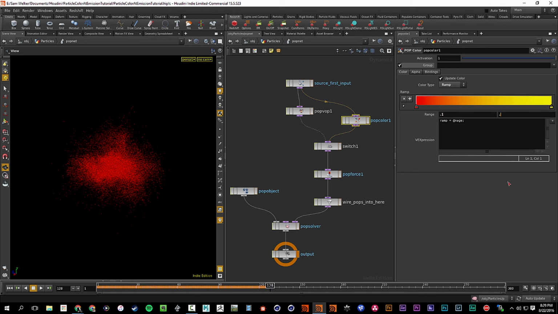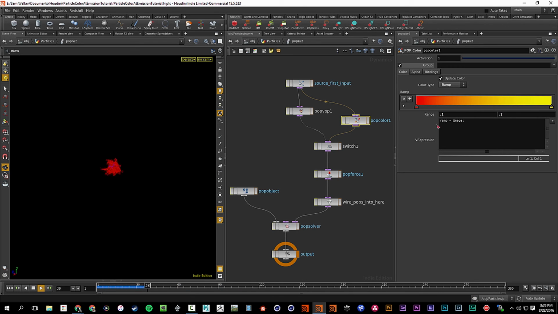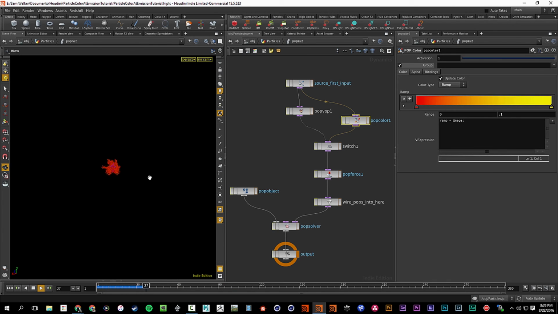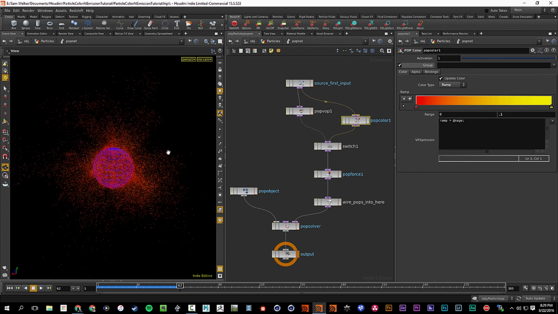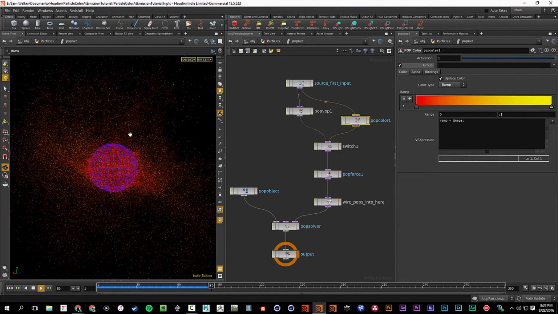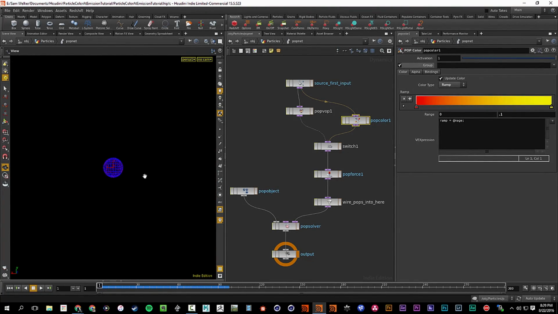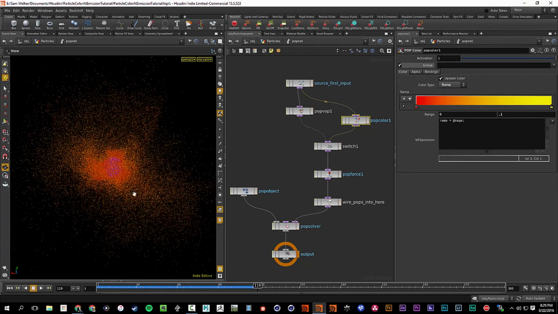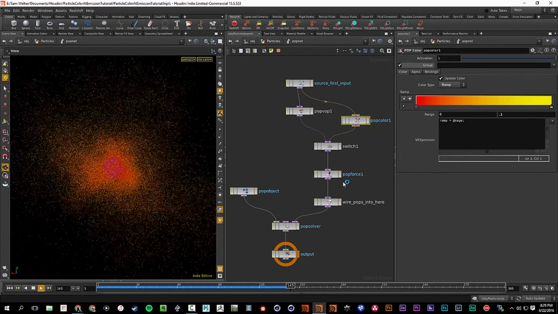And we'll try 0.1 and 0.2. Maybe 0 and 0.1. Okay, so the particles are turning yellow as they get older, but that's a dynamic effect. So these particles aren't keeping a color attribute as they get older. They're actually starting as red and then they turn yellow, which is a great effect, very powerful, very useful,